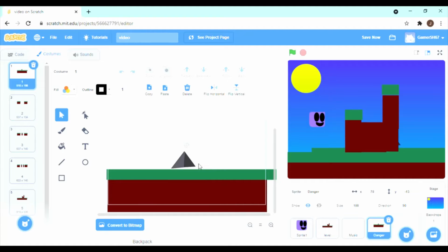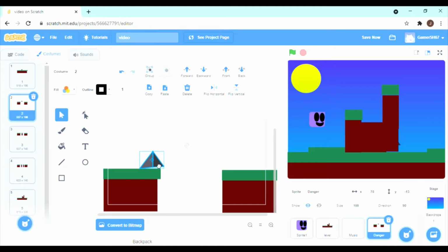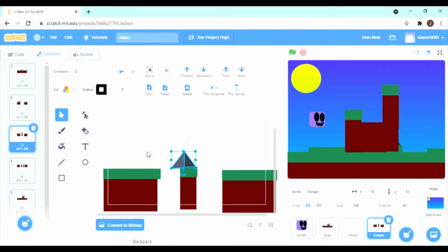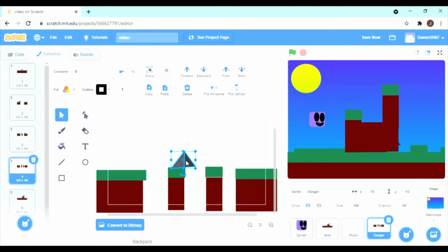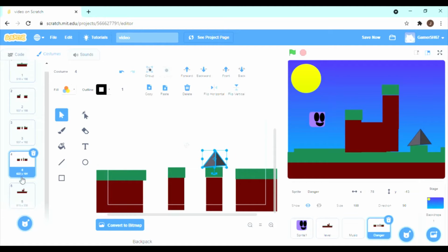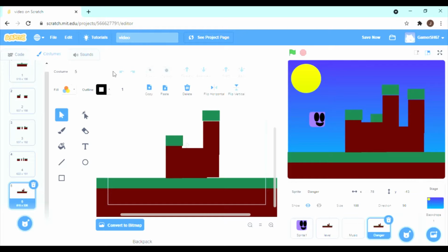Wait, no. What you can also do is just highlight it, Control C, and then Control V, so you don't have to make the thing again. So I'll just add my spikies. And also make sure the spikes are possible. If they're not, that's bad. That is not good if they're not. Spikes. Okay. If they're like out of bounds or something. So now that you've got your spikes, so now that you've added your spikes,